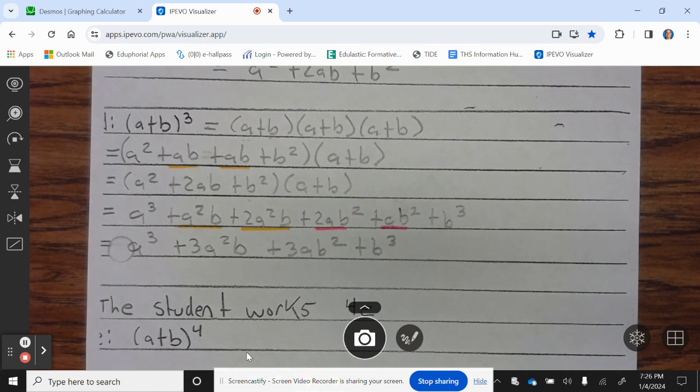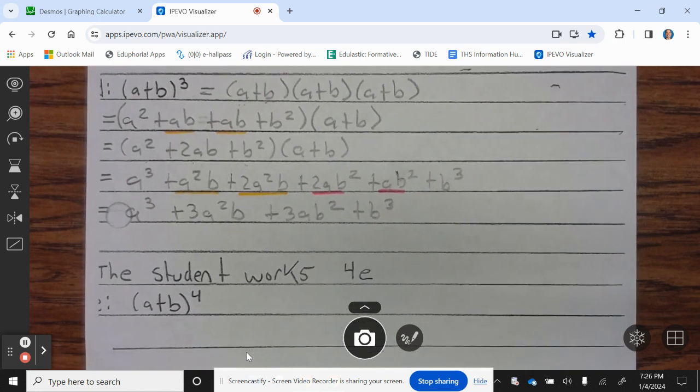All right. And then the student works 4e. All right, go ahead and